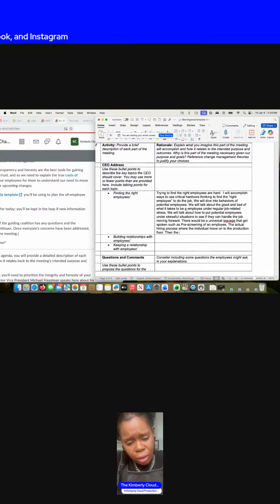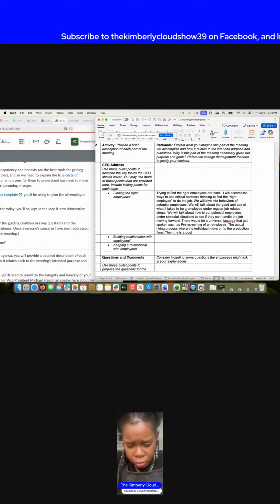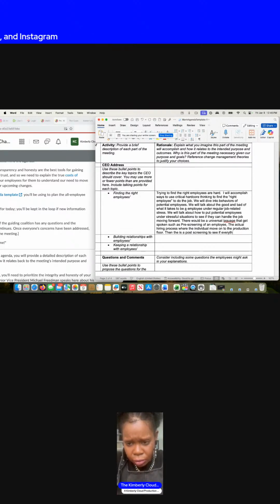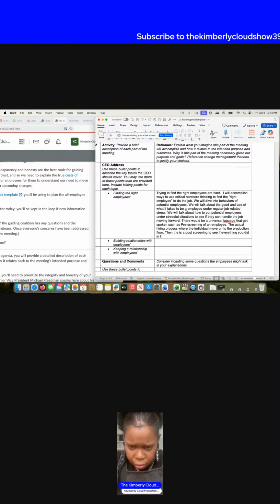Then there is a post screen to see if it